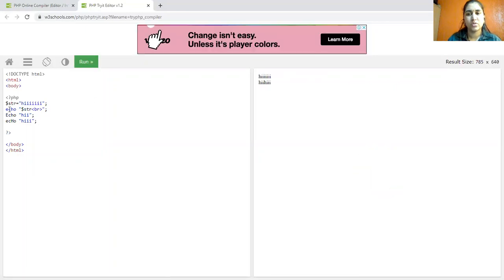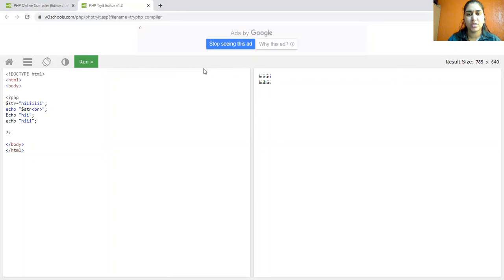So this first hi will be the first echo, and the next hi will be the second echo, and this would be the first string output using echo.